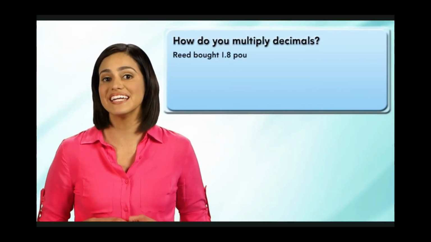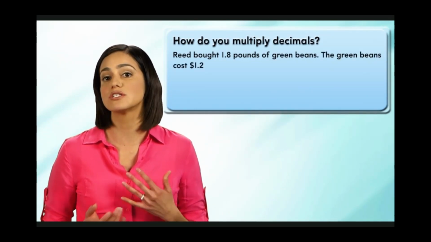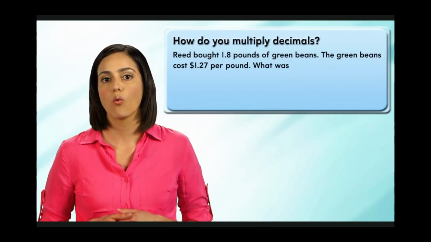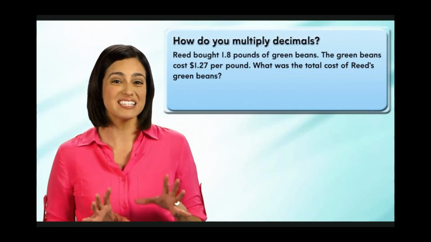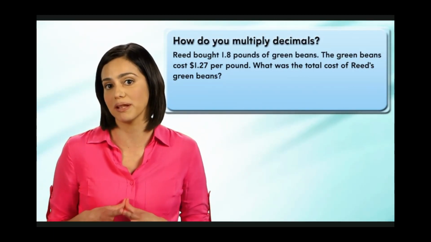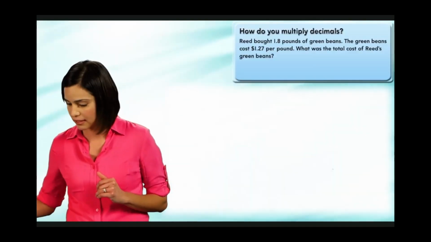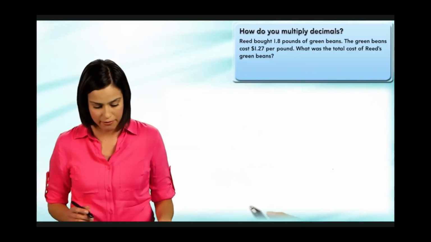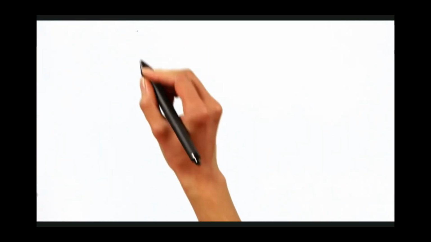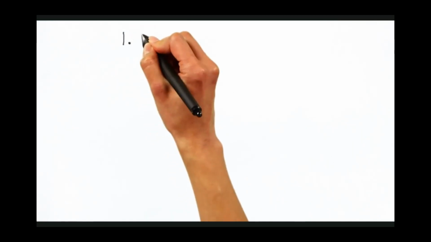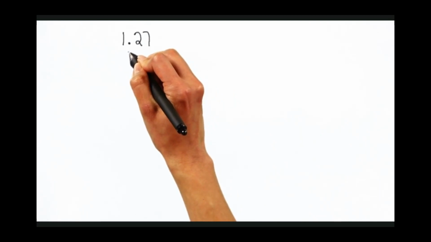Reed bought 1 8/10 pounds of green beans. The green beans cost $1.27 per pound. What was the total cost of Reed's green beans? Now, to solve this exercise, we need to multiply the cost per pound times the pounds of green beans. Let's bring in our factors. $1.27, and then our pounds was 1